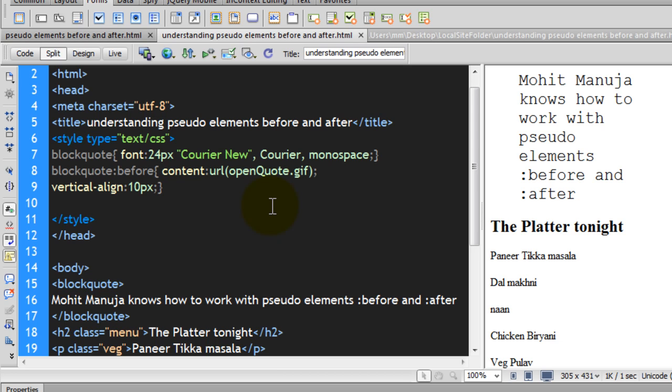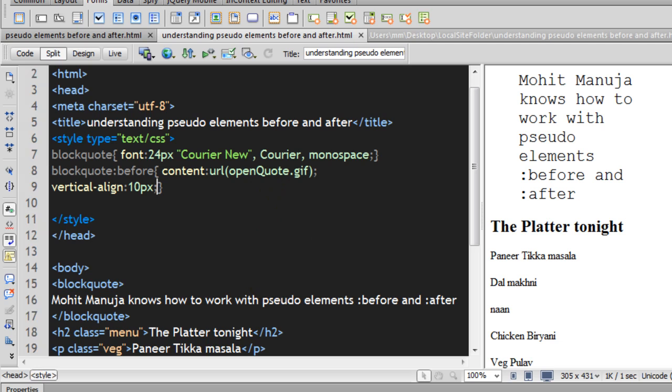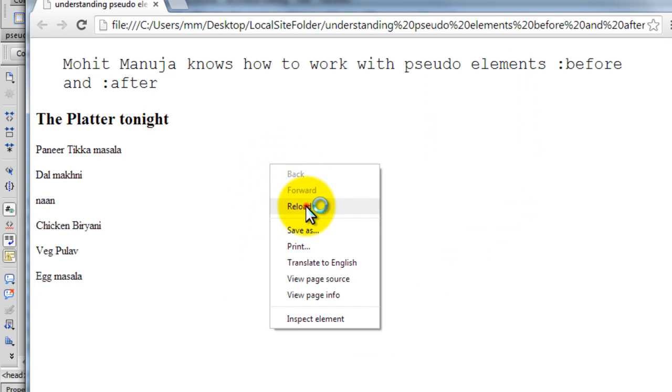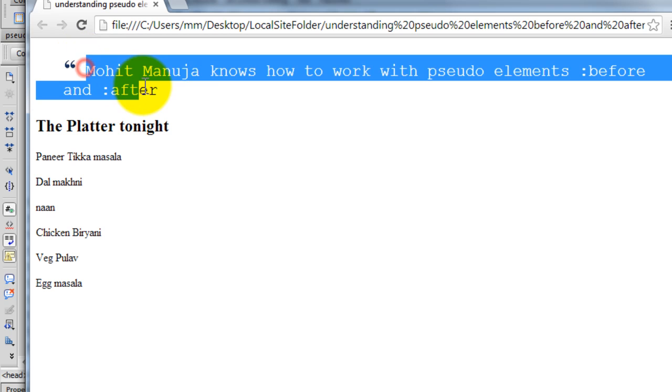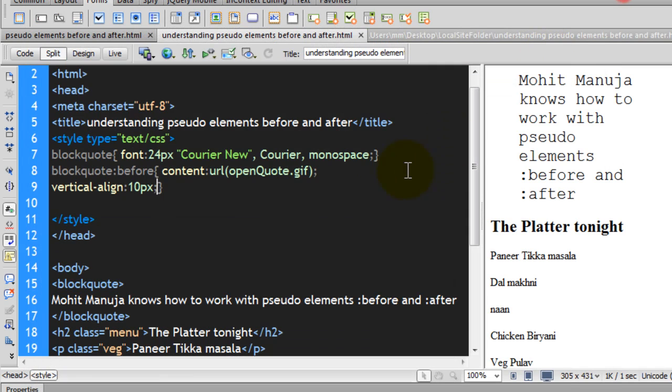Let's save the document up. Let's bring up the browser. Let's refresh, and you can actually see that I've inserted this block, this opening quotation marks just before the text. I'm going to do likewise